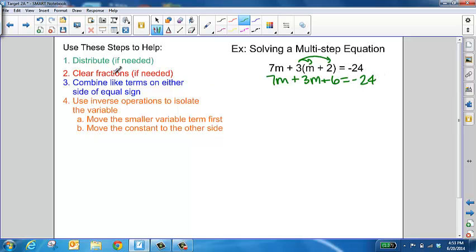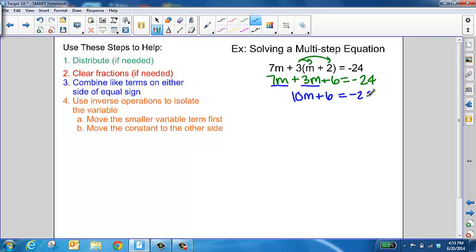Now, the second step is to clear fractions if needed, but as you can see, we don't have any fractions in our equation, so we can skip over step 2 and move on to step 3, which is to combine like terms on either side of the equal sign. So if we look on the left-hand side, we can combine 7m plus 3m to give us 10m plus 6